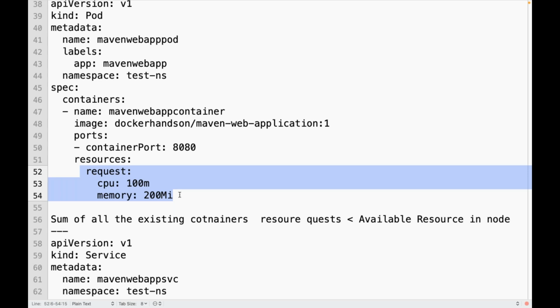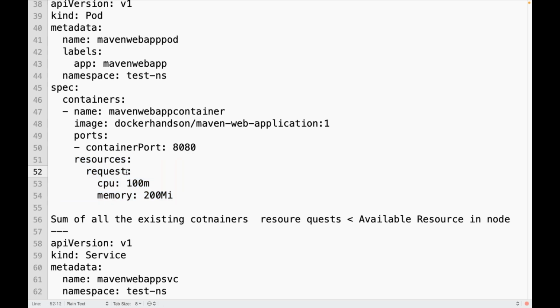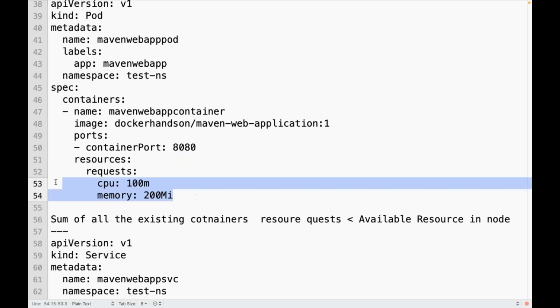Yes. So resource quota is just a limit on how much you can create in that namespace. But will the resource quota actually check whether that much is available in the cluster? No. But when I am using resources at the pod level, especially this resource request, will the kubelet check in the background? This container is requesting this much.